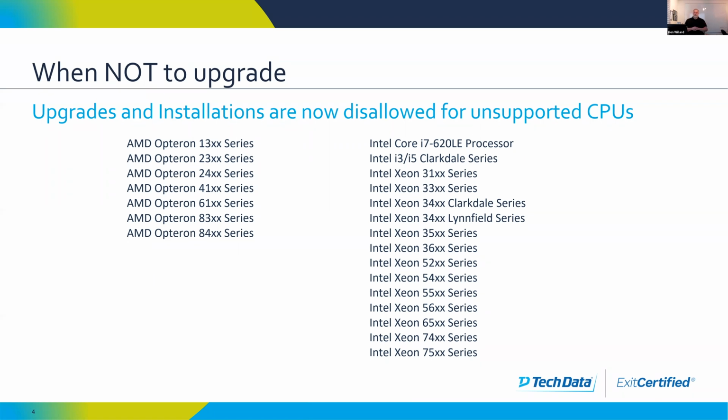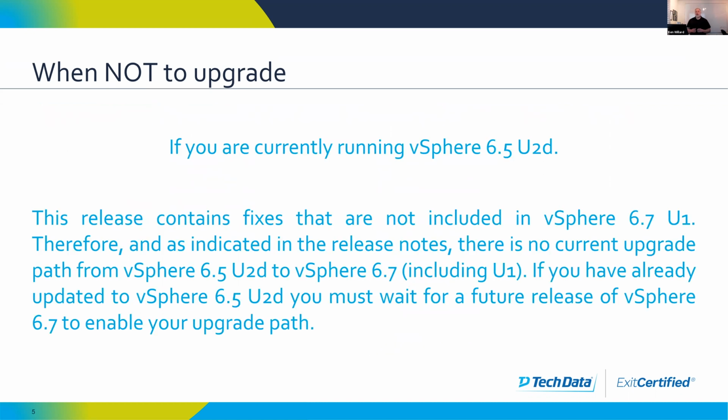So that's vSphere broadly, right? As I mentioned, the processor checking started at version 6.0. This is the specific non-supported hardware list for 6.7. The other thing that is impacting folks looking at going to 6.7 is that, for the first time that I